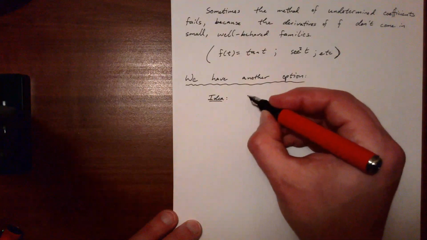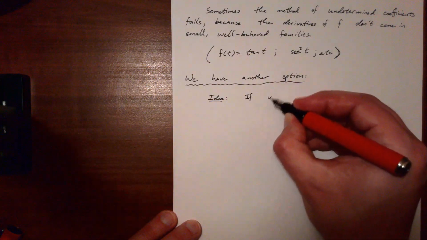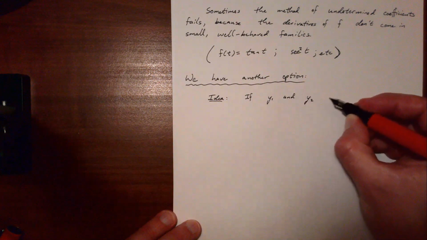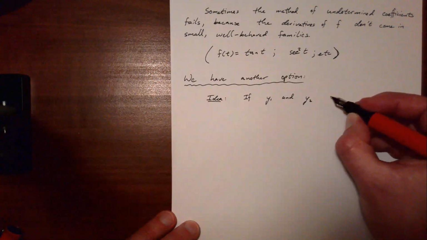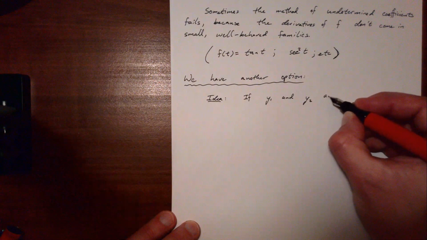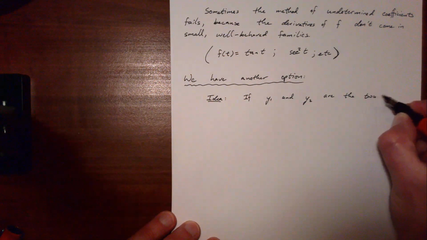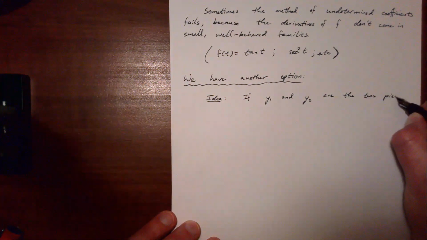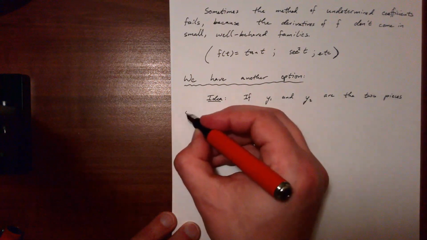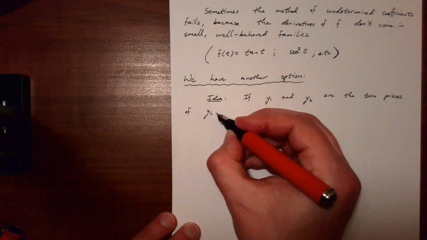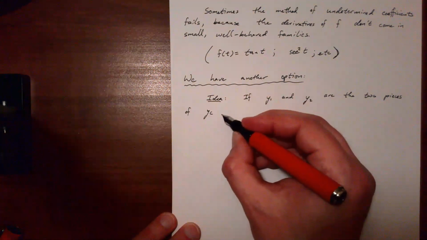If y1 and y2 are the two pieces, and we're just going to assume here this is going to be of order 2, the two pieces of yc, then